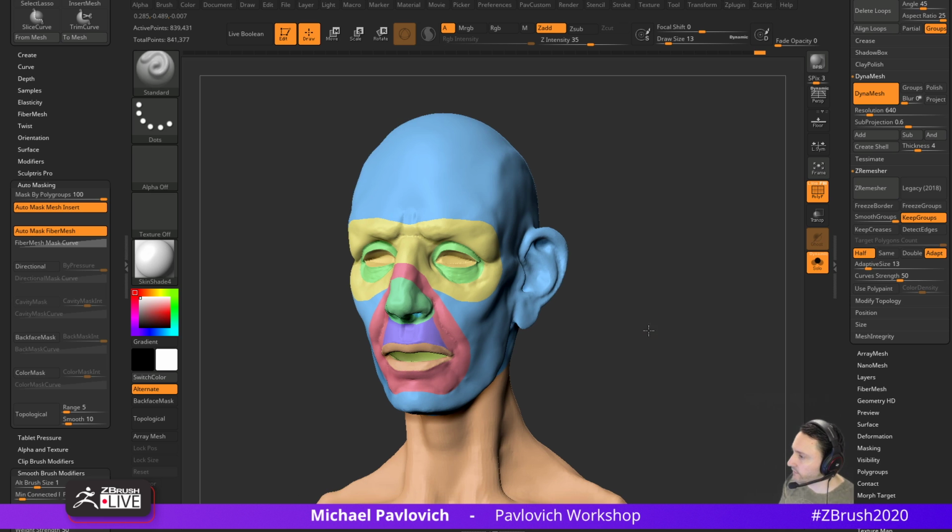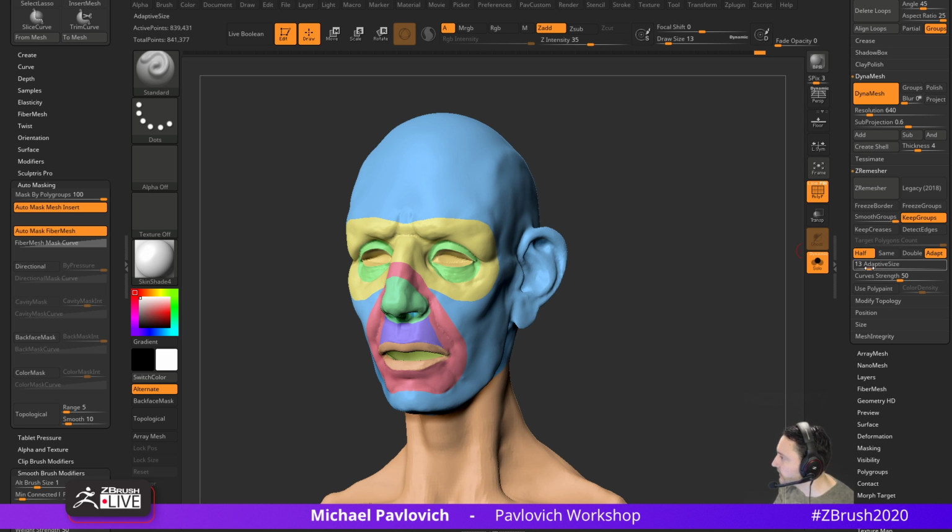So we have our high res here. We have it all looped up. And we're going to go through here. And again, a depth size down. We're not going to do half. We're going to give it a target. And we'll go ahead and say maybe 10K. For now, and smooth our groups, keep groups on, and we'll hit ZRemesh, and we do have X symmetry